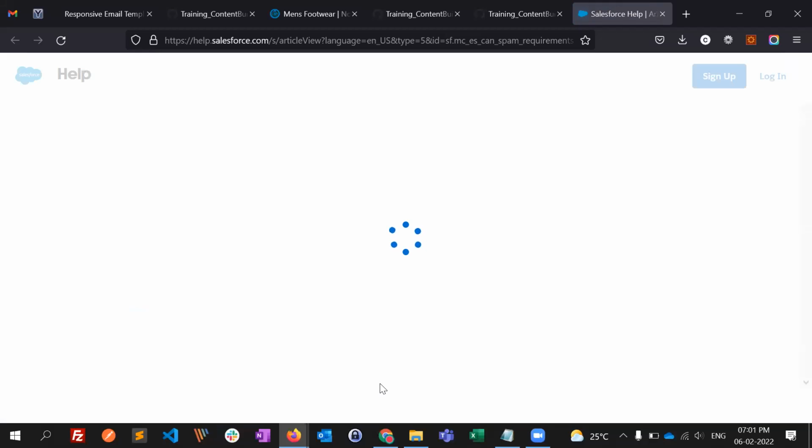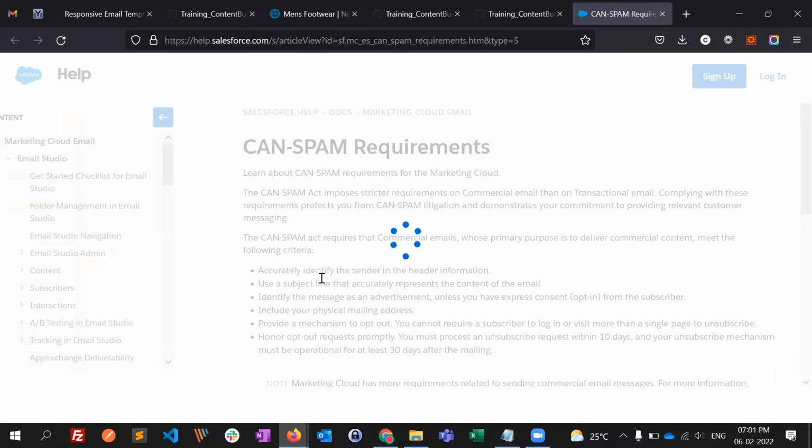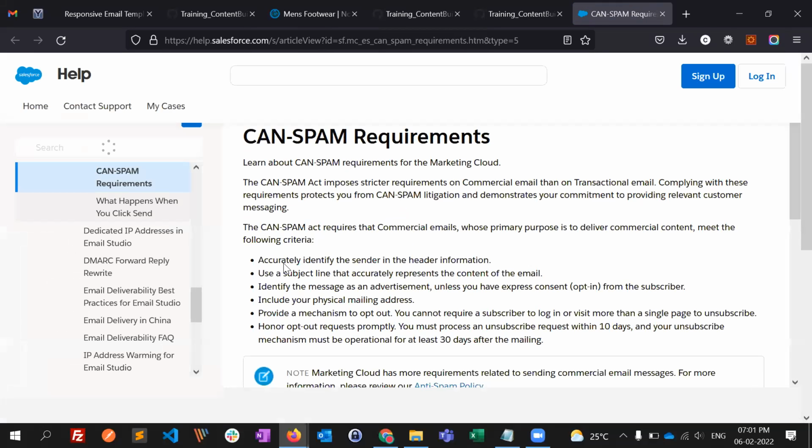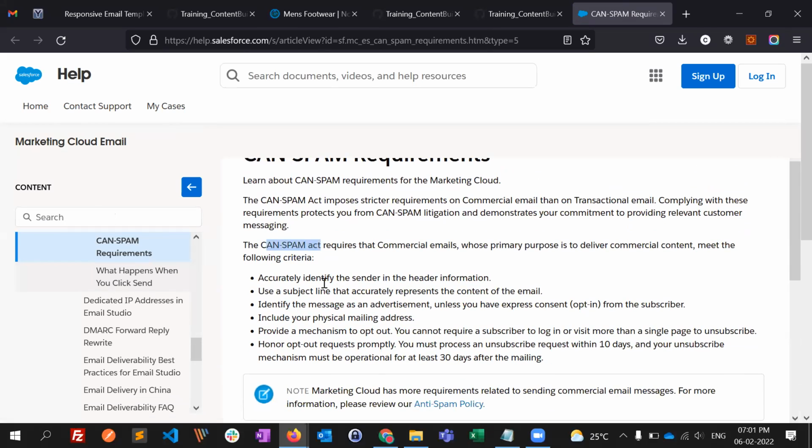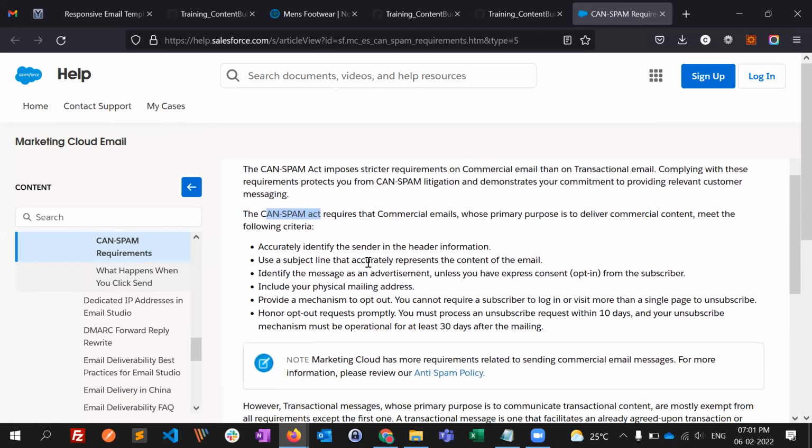So here, according to Salesforce, but not only Salesforce, this CAN-SPAM Act will apply to any email sending platform. As you know, SFMC is one of the email sending platforms, but this CAN-SPAM Act is for any commercial email sending out of any ESPs. Okay. So what does the mandatory law say? The first one is accurately identify the sender in